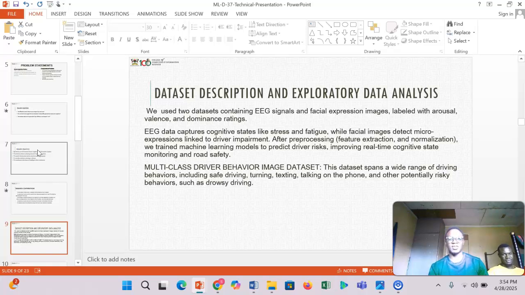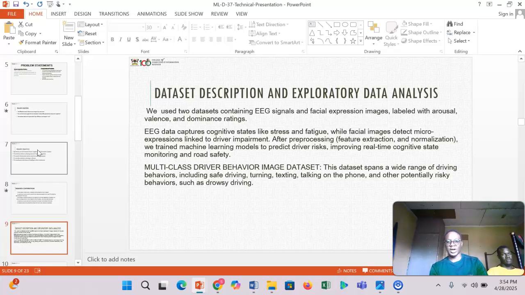First of all, we are going to be working with drowsiness detection. This is an indicator of fatigue in drivers, which is a very risky scenario to find yourself in while driving. So the first dataset that we used was the EEG dataset that's able to capture and distinguish between a fatigued and an alert driver. And